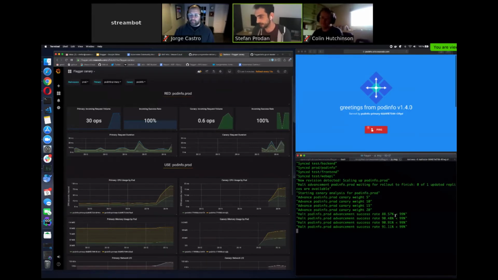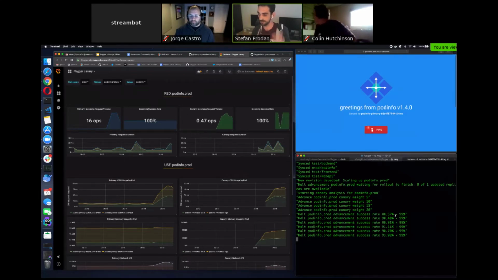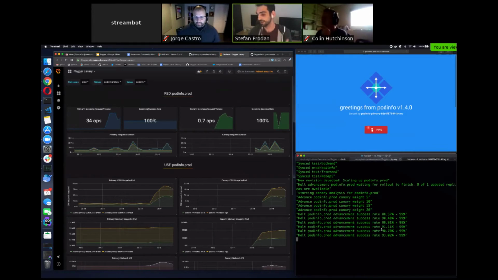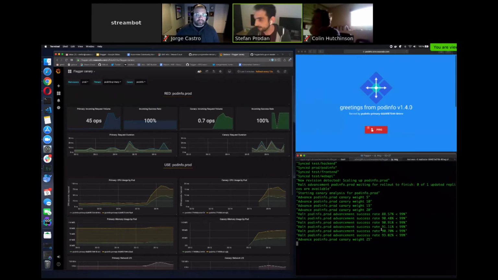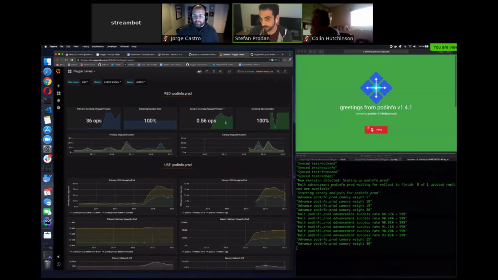If the errors disappear, I'm letting you have a toleration here. Let's say I accept some errors, but if it fails more than 10 times, or if it fails for more than a couple of minutes, then roll it back. So hopefully it will come to 100% and you'll continue. Also, I can generate latency, and we'll see the same behavior. It will pause the traffic shift, and it will wait for the latency to go below the threshold. So now it has recovered, then it advances the traffic volume. You can see here.